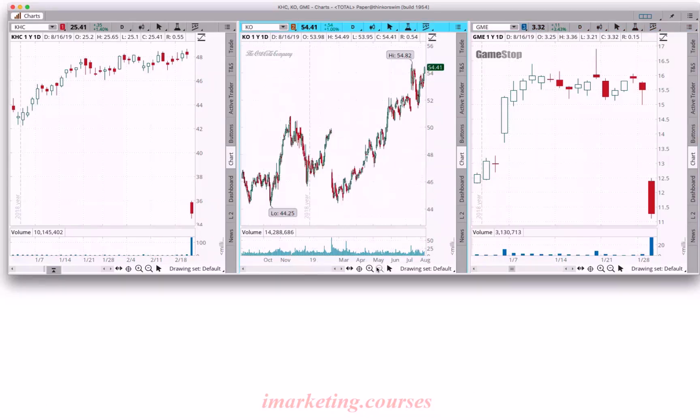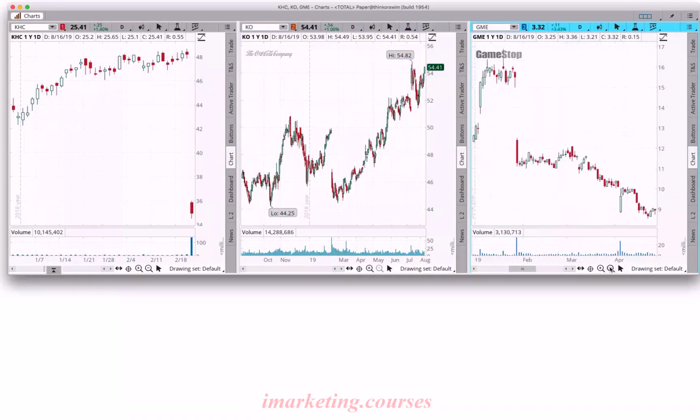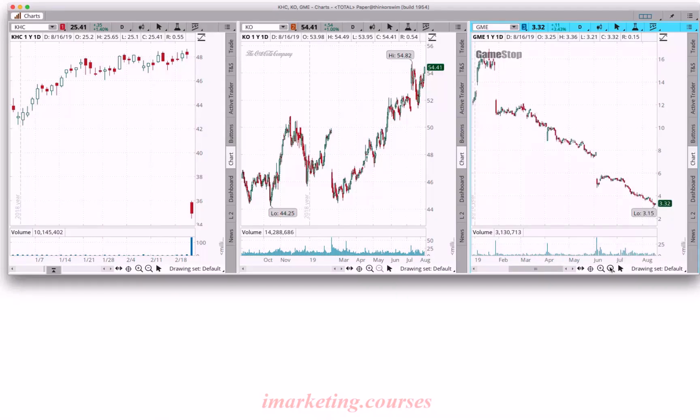So as this one played out and it filled its gap, went into the rising wedge, we're still doing pretty well. Up here at 54, that's a nice $10. That's a big difference. This one has continued to disintegrate. So I don't show you these because I was right. I just show you these